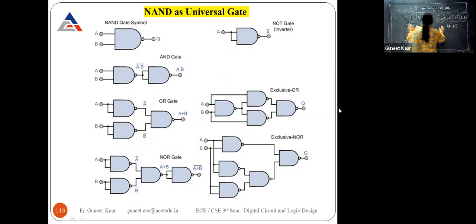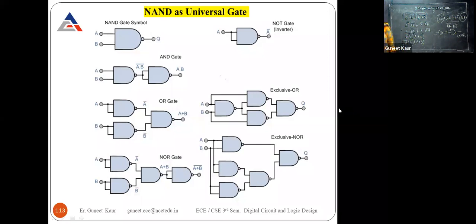You know that if you have derived the XOR gate, then bar of this will give you XNOR. So you will attach one more NAND gate in front of your XOR gate. You will get the XNOR gate using the NAND gates only. Okay, you will attach only one NAND gate in front of the previous diagram. After you get A B bar, attach one more NAND gate with inputs tied up, then you will get the XNOR gate. Okay, and another option is also shown in your PPT. You can derive it from there also.